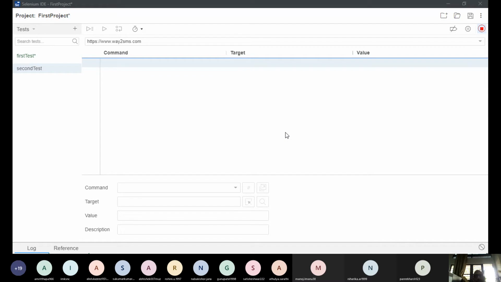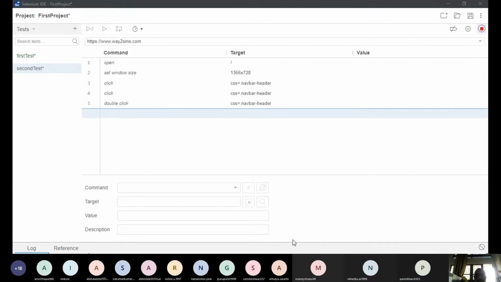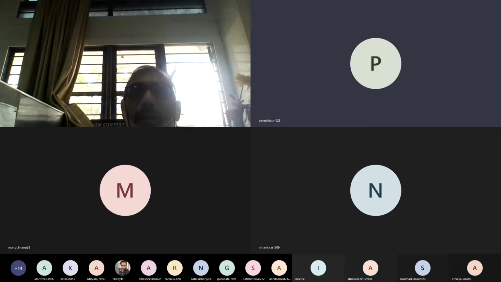Harsh, is it visible? Harsh, is this visible? Yes, sir. Still we are in this Selenium control panel, right? No, wait, just a minute. I think this is a problem. Every time we have to share. Yeah, every pop-up screen you need to share, sir. Yeah, that is the problem.